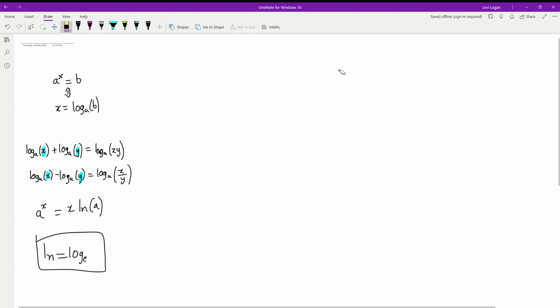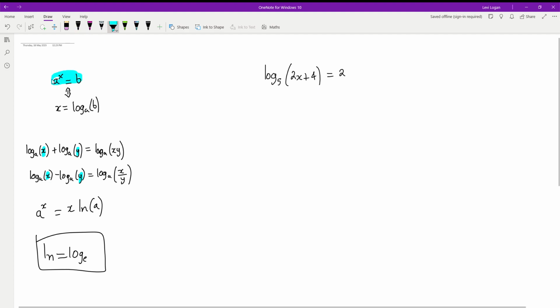So let's do our first one here. Let's just say we had, I don't know, log with a base 5, and in the brackets 2x plus 4 is equal to, let's say, 2. So if you want to have a go at solving this equation, feel free to pause the video and have a go. Alright, so the way we start off solving this equation is